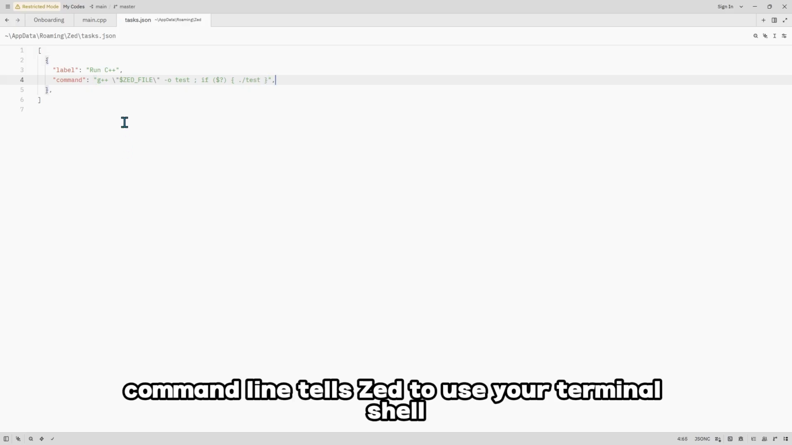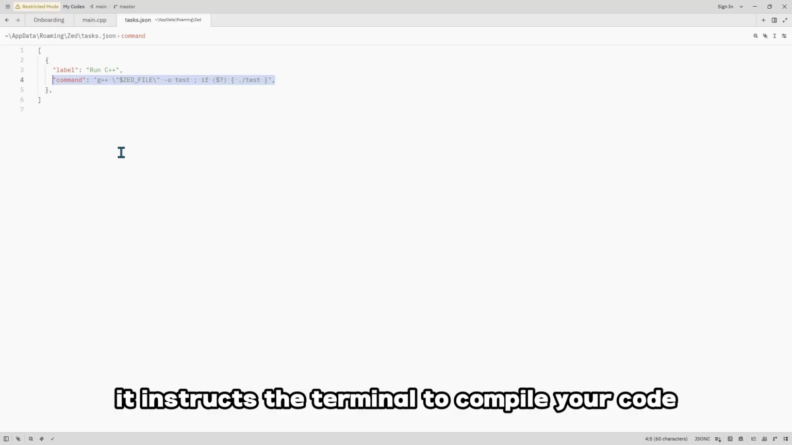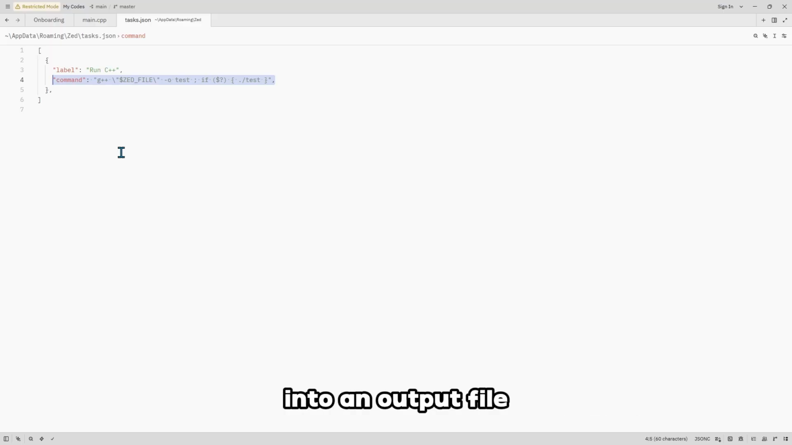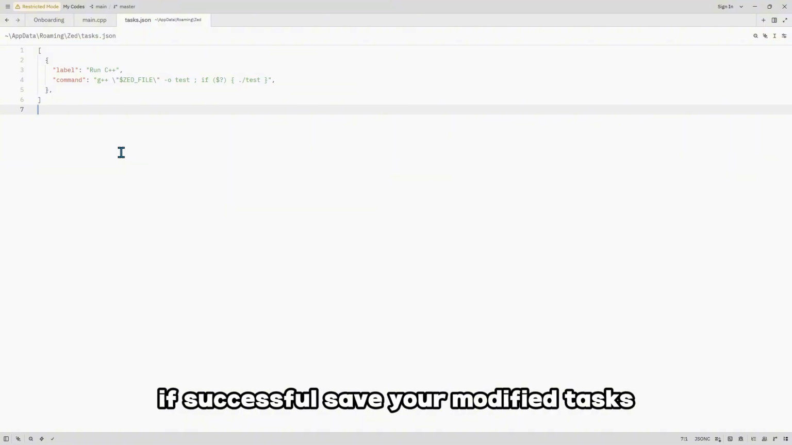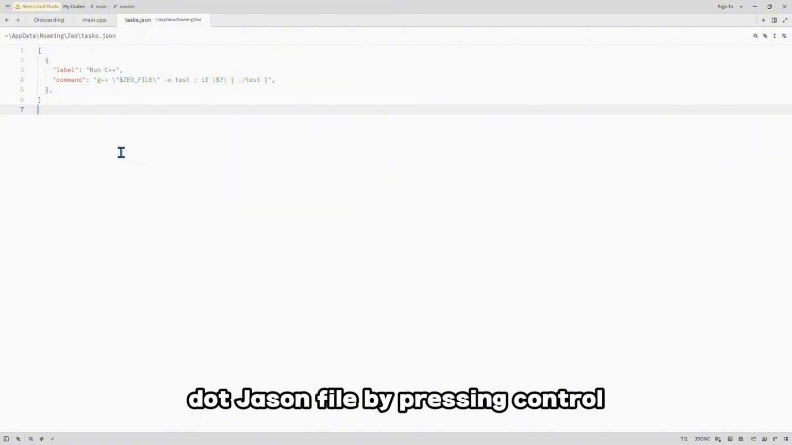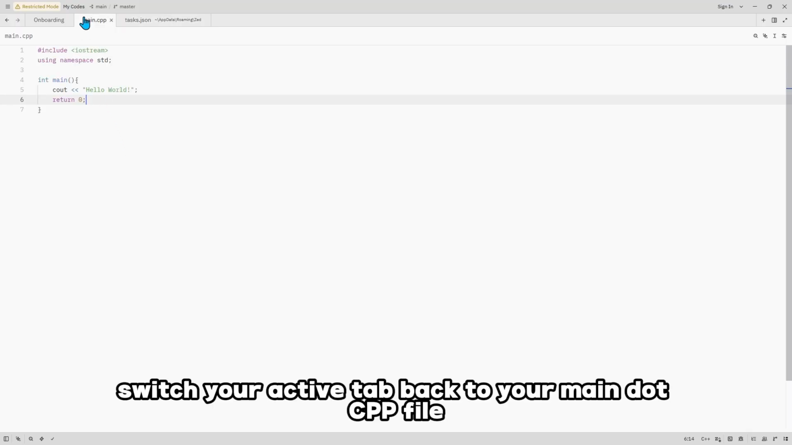This specific command line tells Z to use your terminal shell to execute the compilation process. It instructs the terminal to compile your code into an output file named test and immediately run it if successful. Save your modified tasks.json file by pressing Ctrl and S, and then switch your active tab back to your main.cpp